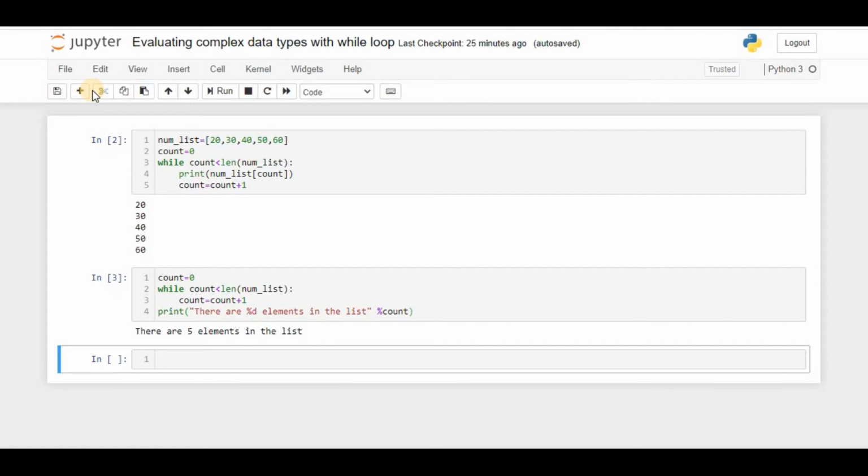The total variable is going to keep a running count of the sum of the elements, whereas element will serve as an index into the list, much as the count variable did in previous examples.